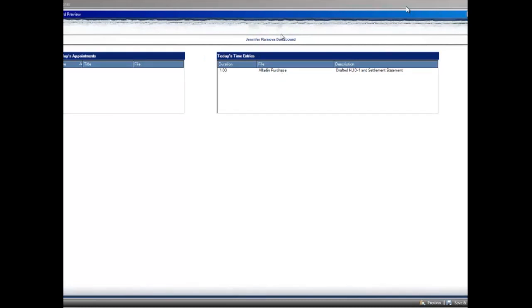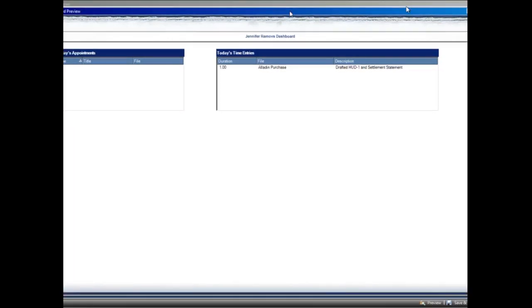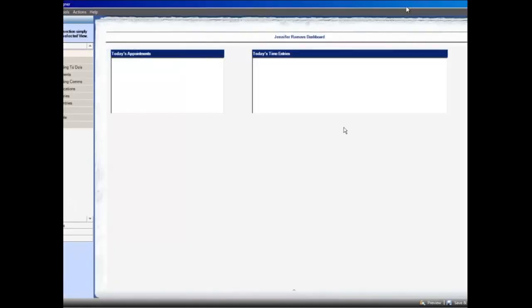When I'm done looking at the preview, don't be confused because your preview will often appear and then you'll see these buttons down here at the bottom that say Preview, Save and Close, and Cancel. These buttons are for your designer that is behind this preview screen. To get out of the preview, you simply close the X. That will take you out of the preview. So I'm in the X in the top right-hand corner, and it will take you back to your designer. So I've decided that I want today's appointments and today's time entries on my